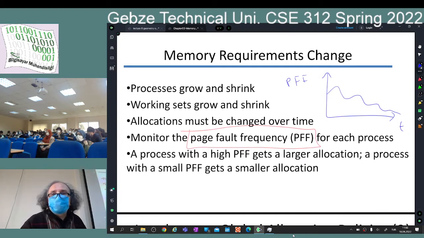If this is kind of going down, that's fine. It is doing okay, because at the beginning of process creation, I know that